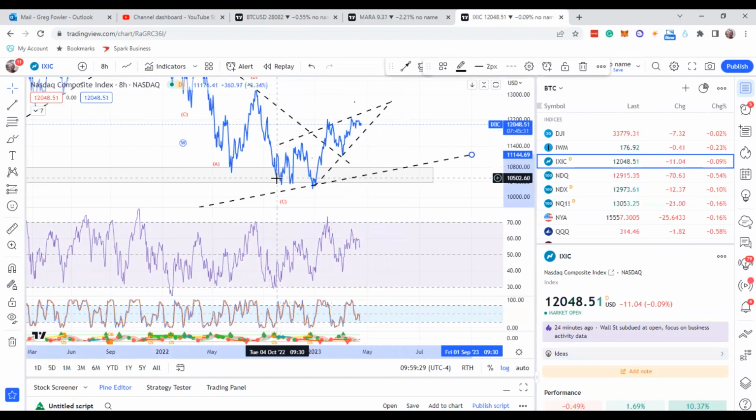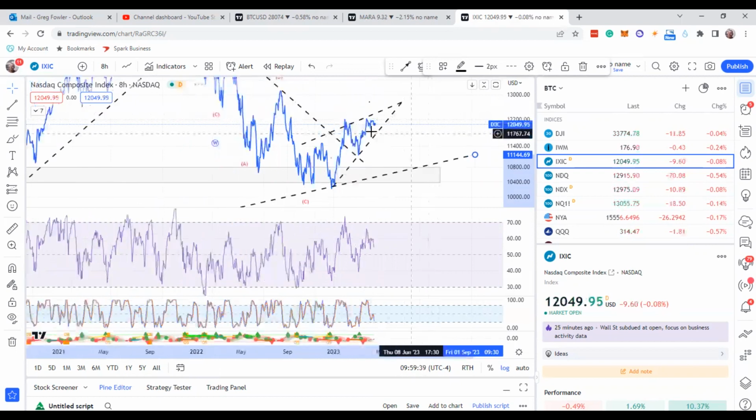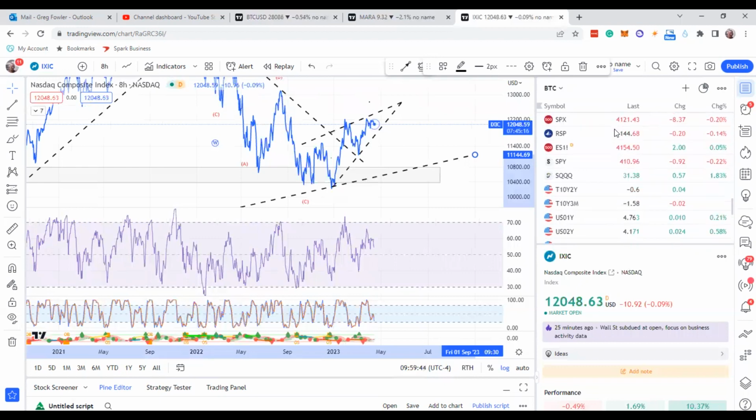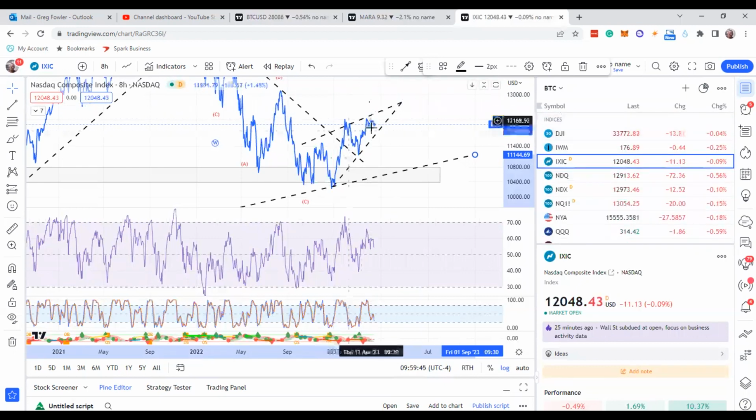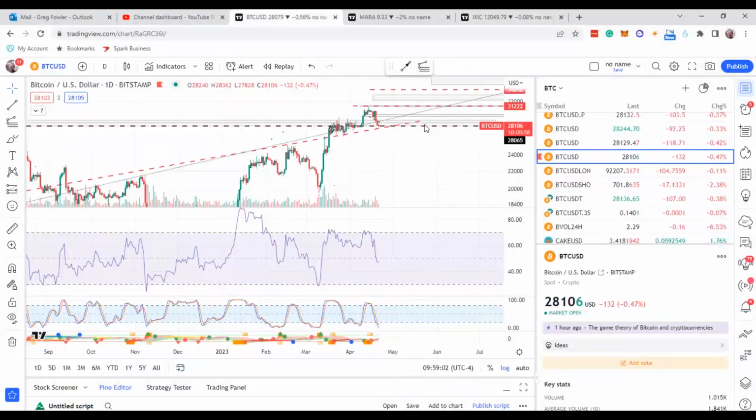So after this long sequence or wedge that it's been in right here, I expected this to be done sooner, but it keeps going on and on, grinding up. But it'll do a correction. You guys see what Bitcoin is going to do, guys, in that time. So not 100% correlated, but there's a lot of correlation. It's just like headwinds for Bitcoin. If this is starting this downtrend, then Bitcoin's going to have a lot of headwinds, guys.